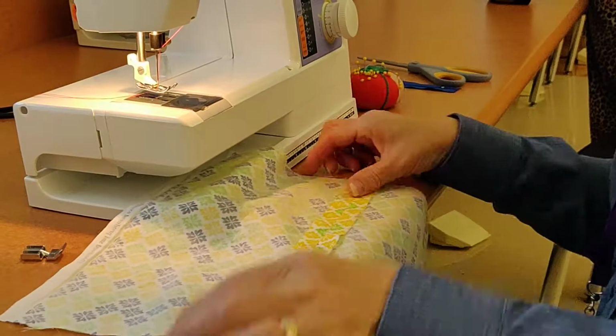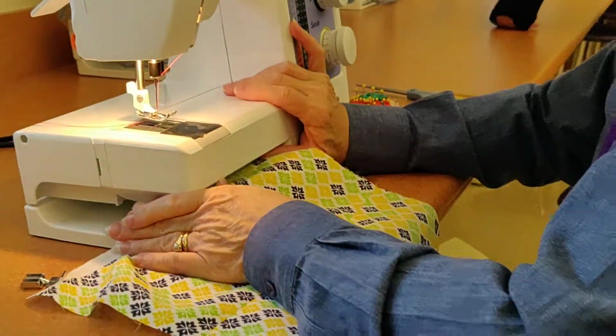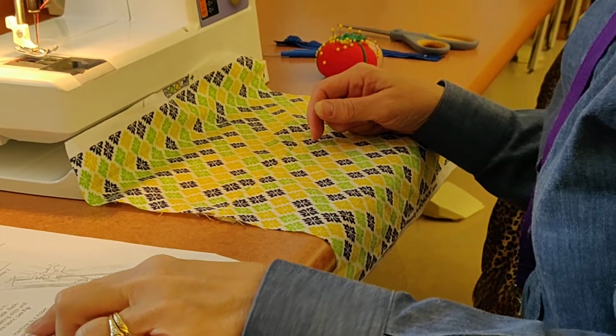Press the red square. There's a red square. So I've pressed the seam open, just as you guys have done before. Very nice and flat. The next step, step number 3, says change the presser foot on your machine to